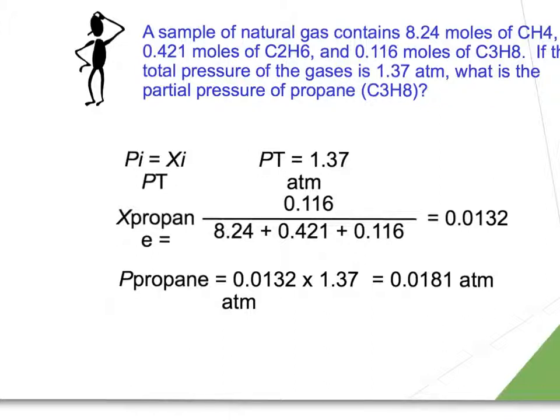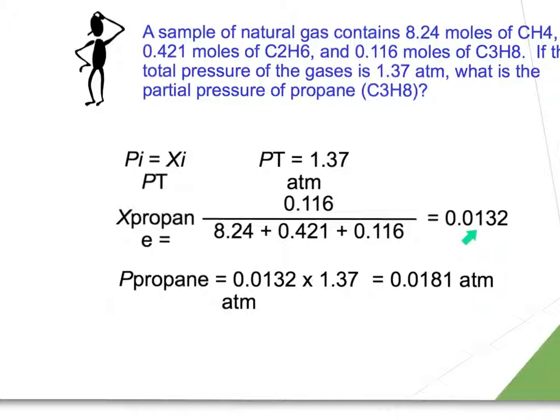We will begin with our pressure of our propane being 0.116. This is stated in our problem. We will divide that by the total pressure of each of the three gases. The 8.24 of our methane, 0.421 moles of ethane, and 0.166 moles of propane. We get